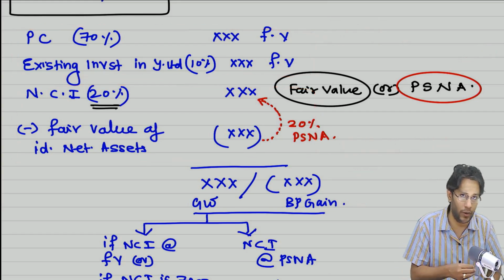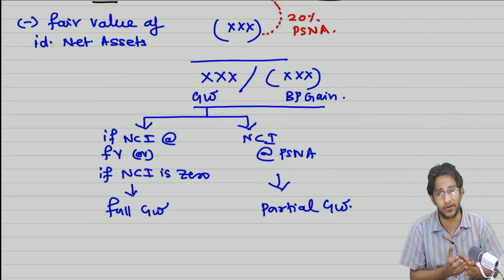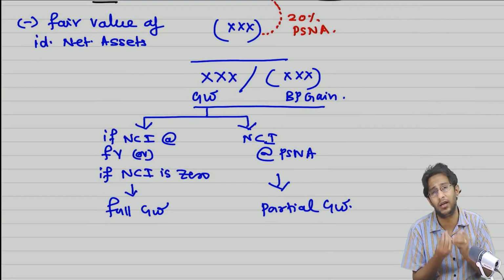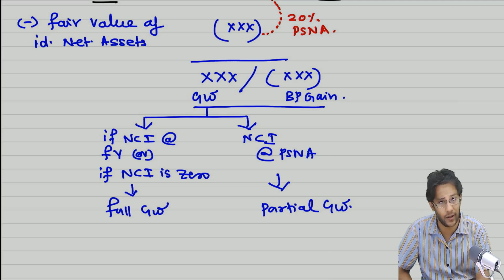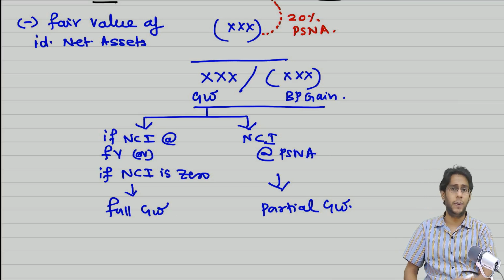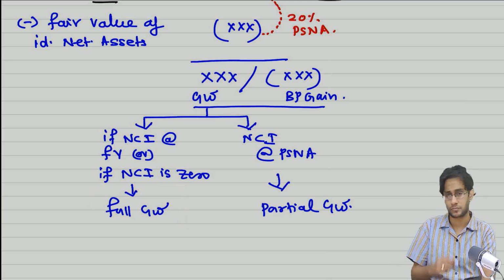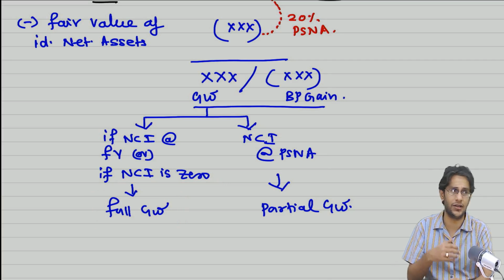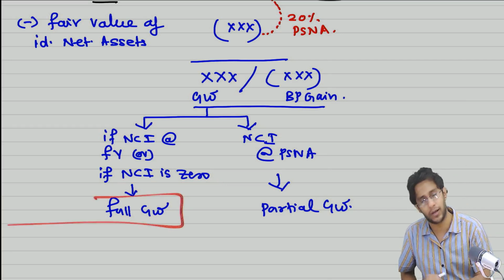Therefore, the resulting goodwill that appears in the balance sheet is not the full goodwill of the subsidiary. It is the goodwill of the subsidiary only to the extent it belongs to the parent company's share. So both the choices are available, but you must be careful. Depending on the choice you make, the goodwill representation also will change. If NCI is 0, which is a 100% subsidiary, in that case also 100% fair value of shares you are comparing with 100% net assets, therefore 100% goodwill will come.